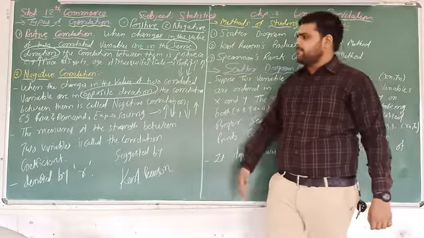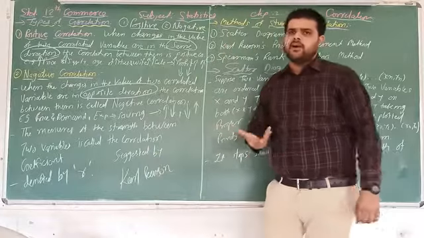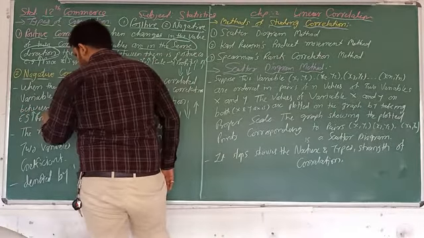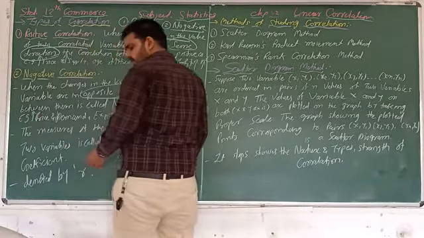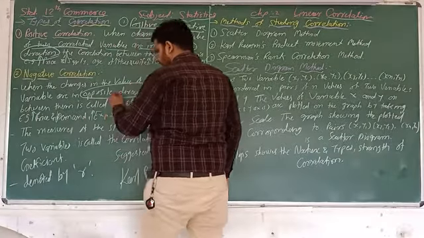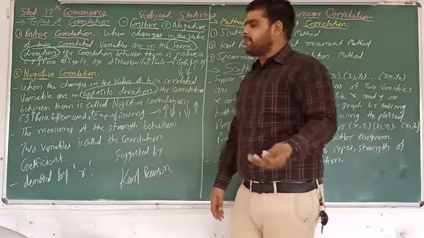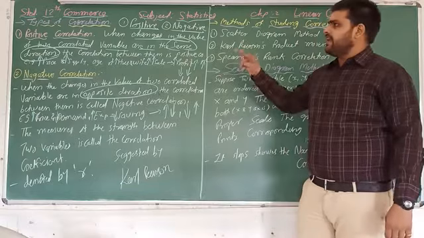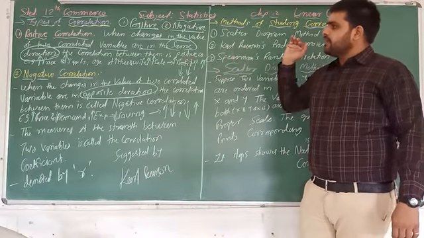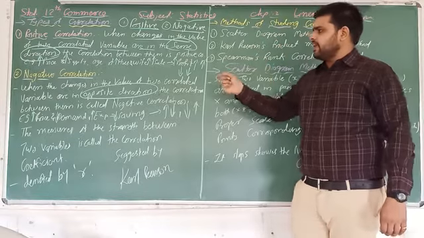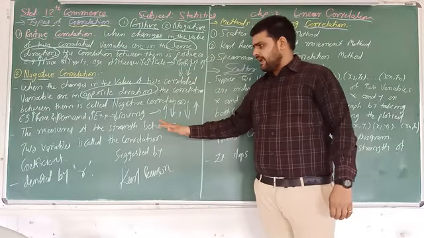For example, price and demand. As we know from the law of demand, if price increases, demand contracts or decreases. Same with expense and saving: if expense increases, saving decreases. This is an example of negative correlation. So what did we learn? Positive and negative correlation. If two variables move in the same direction, that is positive, and in the opposite direction, that is negative.